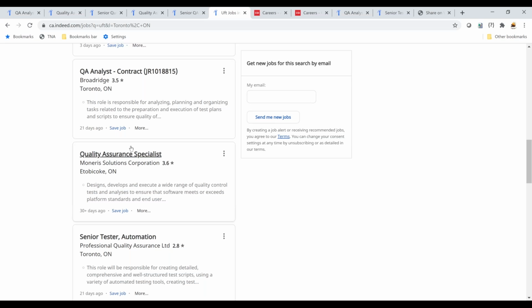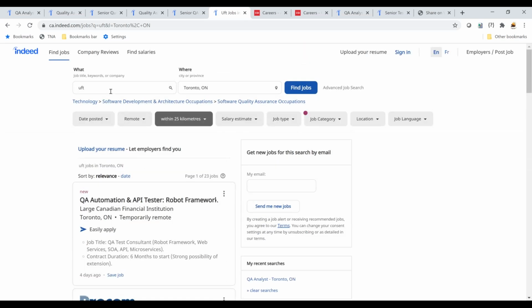But the problem is that this job description is generated by the HR team or HR people, and they put all the things there in the job description. When we talk to the consultants or the recruiters, they don't understand whether the original project requires UFT or something else. And there they eliminate the candidate, saying you have not done UFT.